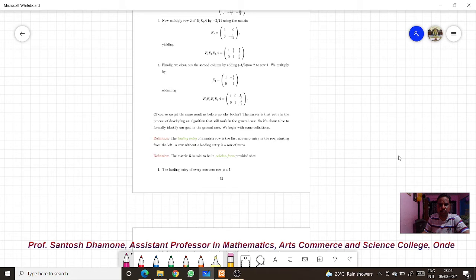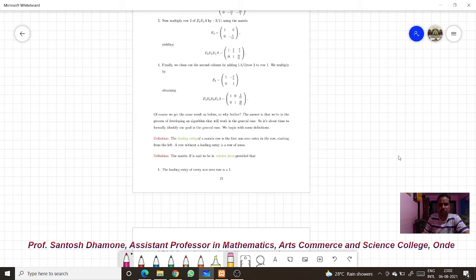We multiply the first row of this matrix by minus 2 and add it to row 2, and we get minus 2, 0 plus 0, 1, which is minus 2 1. We get the matrix E2 is equal to 1 0 minus 2 1. This is matrix E2. Now we multiply this matrix E1A by E2 from the left side.